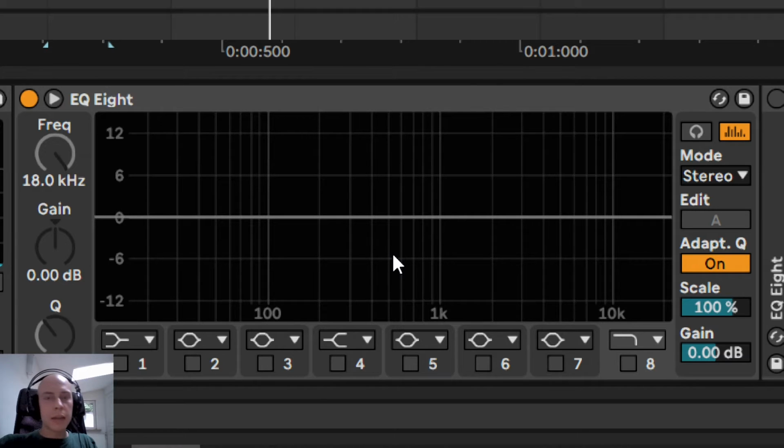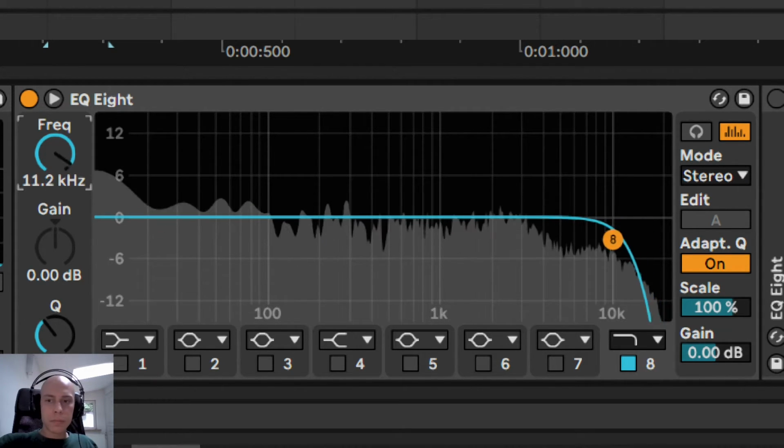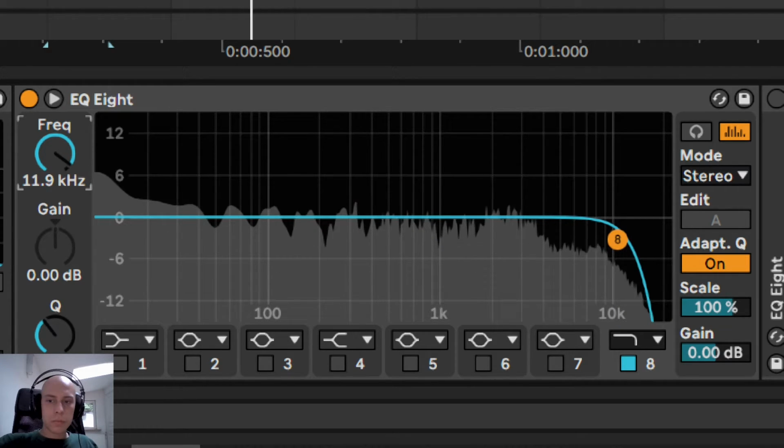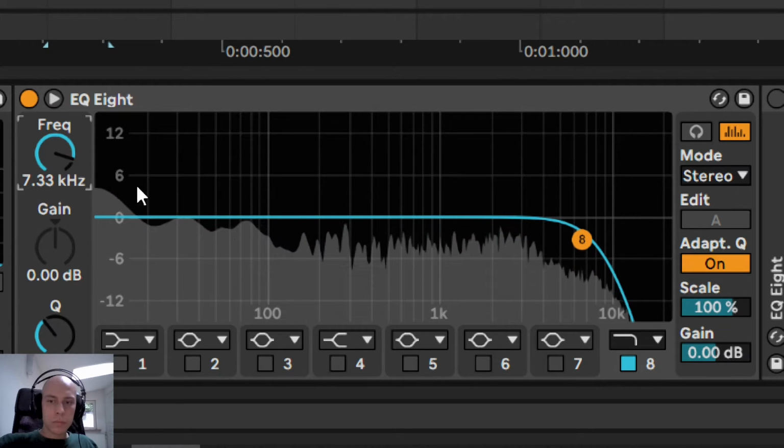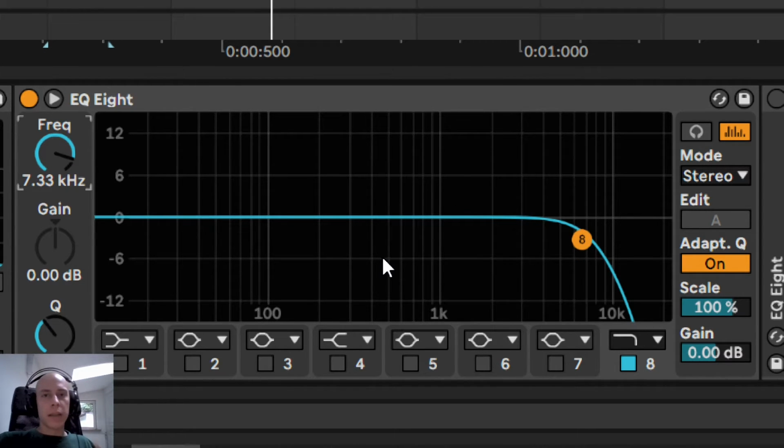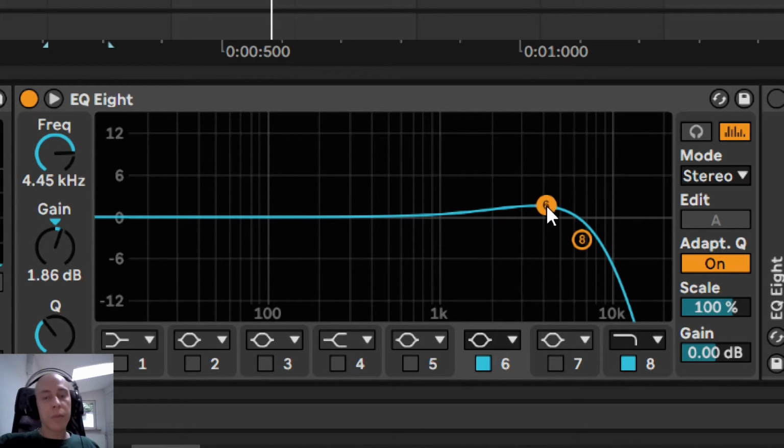This shaker is too bright, which means that we have too much of the air inside. At first I will use a low pass filter. We got rid of the air, but I still want to have this shaker sound bright. That is why I have to use another filter. This will be a Bell filter, which will compensate in some way this high-end reduction.